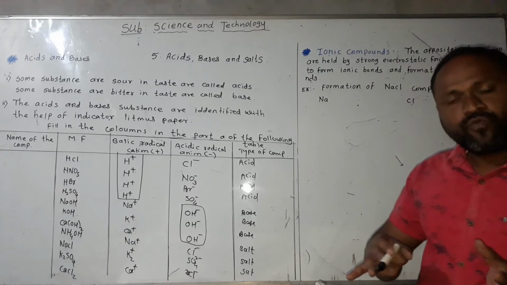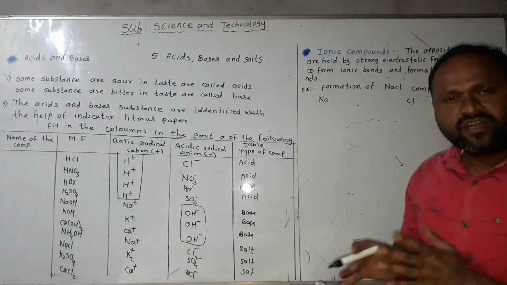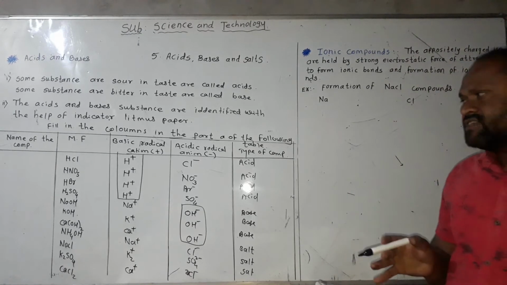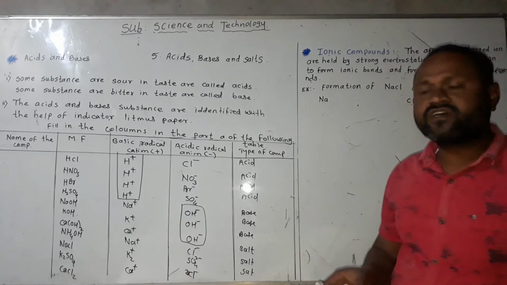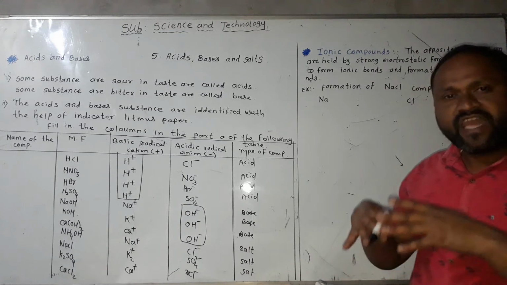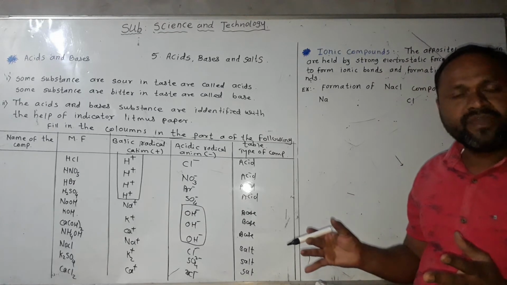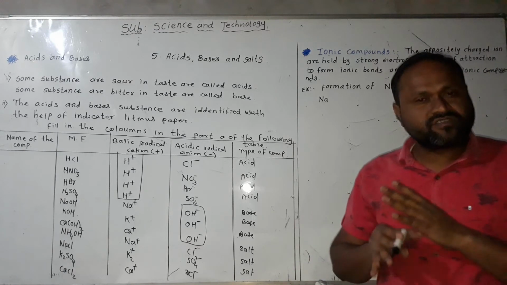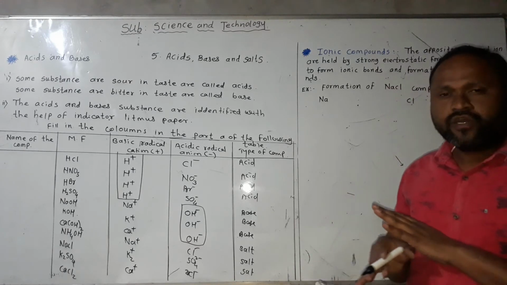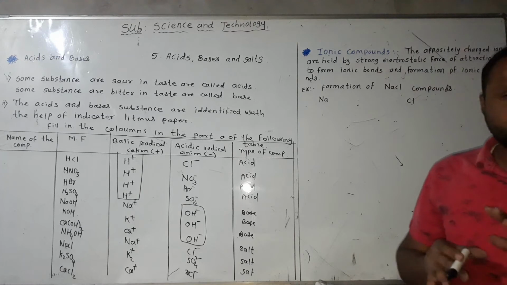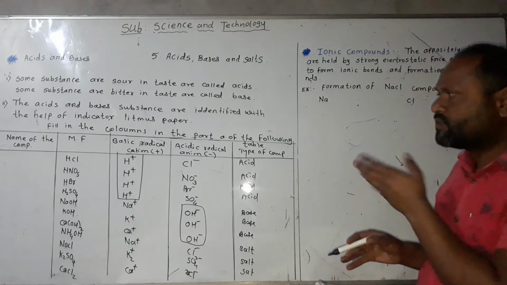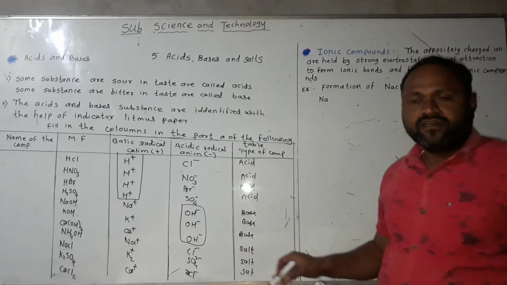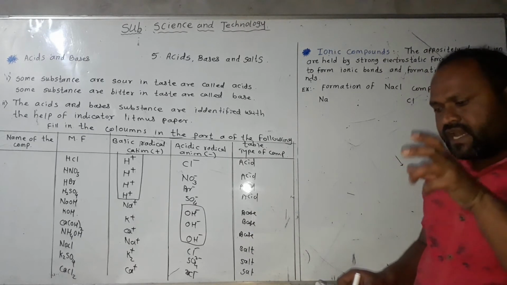So acids poured into aqueous water lose H plus ion, and in a simple way it is an acid. The base substance put into water loses OH minus, and in a simple way it is a base. And in a water solution, salts do not give H plus ion or OH minus ion, so in a simple way it is also called a salt.